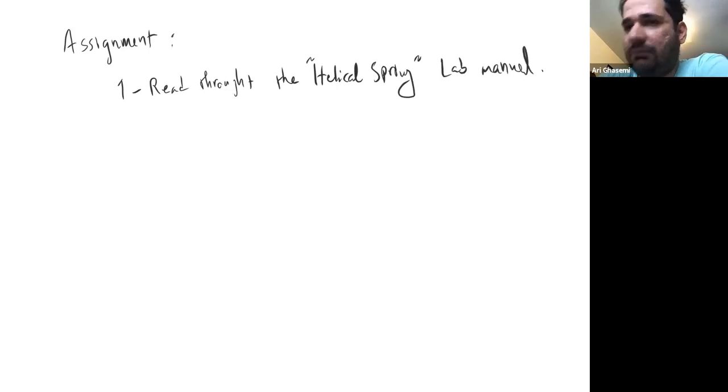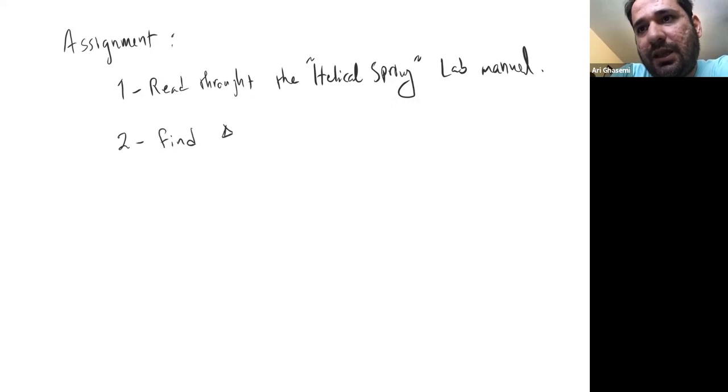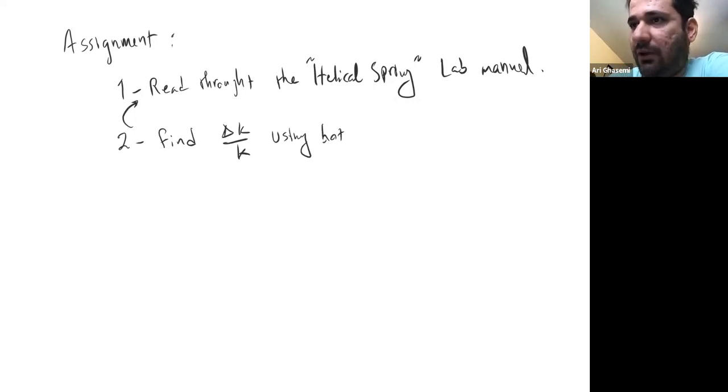Just read the theory, get the spring constant formula, and see what the parameters involved in the spring constant are. And step 2, find delta K over K for this particular helical spring, for this particular equation. Find delta K over K